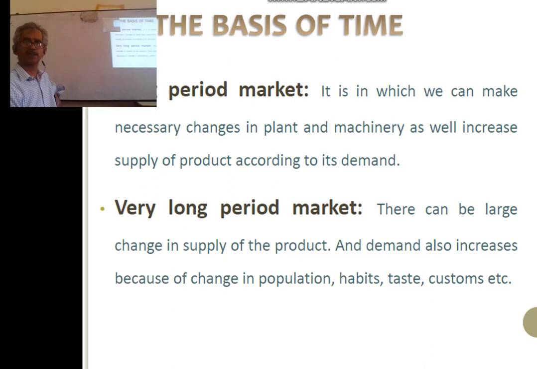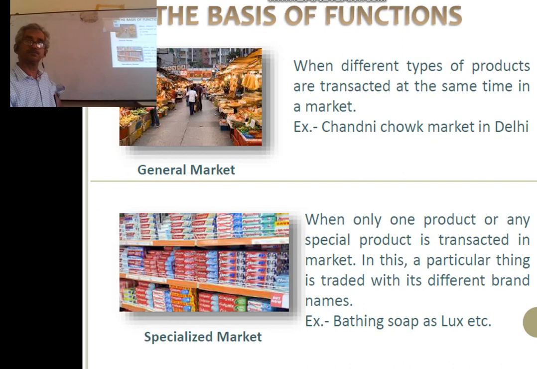In very long period markets, there can be a large change in the supply of the product and demand because of changes in population, habits, tastes, customs, etc. These are markets for longer time periods. When different types of products or markets on the basis of function